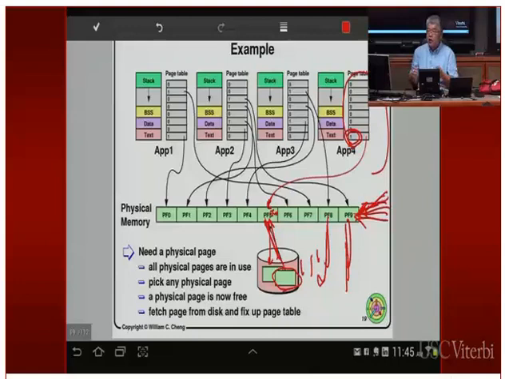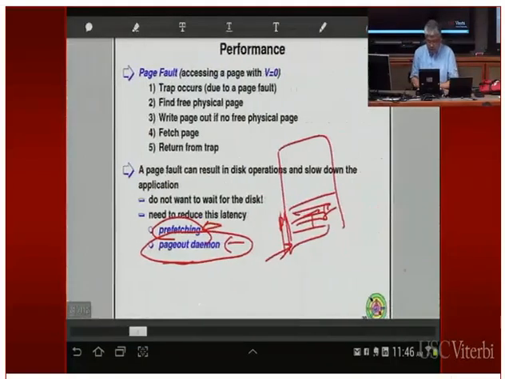These pages belong to all different kinds of user processes, and now the operating system is in charge. The page out daemon is running as a separate user process using a separate kernel thread. So what we're going to do is have the page out daemon scan all the pages, go to the buddy system and scan through all the pages to see which one is not needed. So how do you determine which one is not needed?